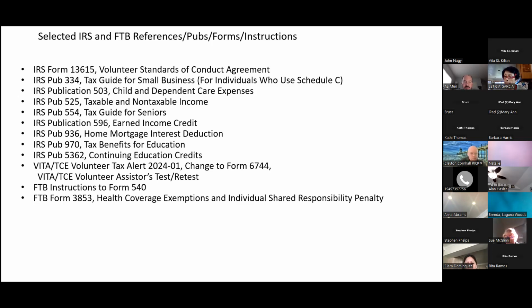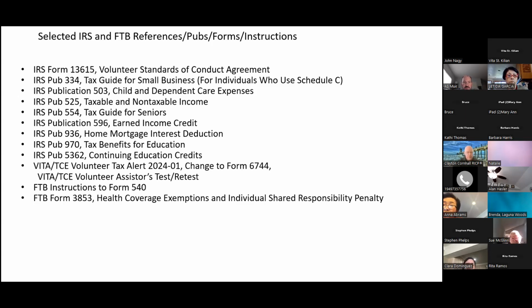And then something you'll see about 10% of the time at VITA sites, more or less, is individuals who have some type of residence, a personal residence, and they have a loan with a mortgage company or the bank. In a lot of cases, they're allowed to deduct their home mortgage interest, which means they're going to have itemized deductions on their Schedule A. The 936 has a lot of examples in there. And that's something I actually use, the 936, in my practice when I have an involved home mortgage interest deduction.